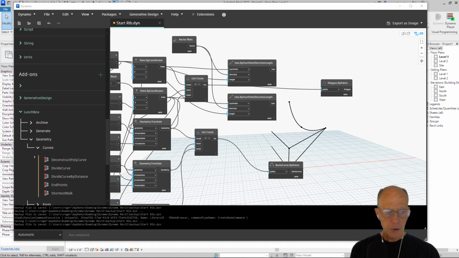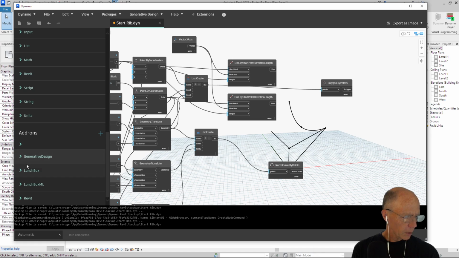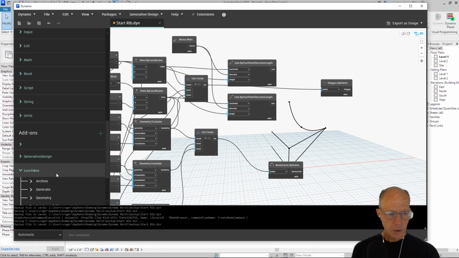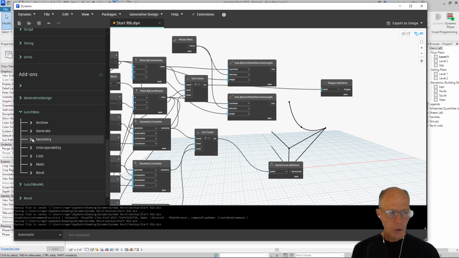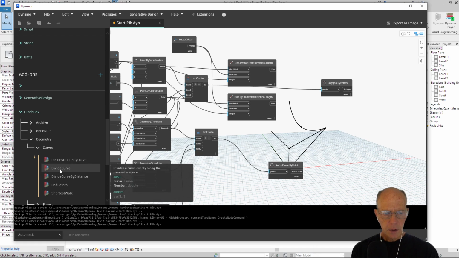Now, once we have Lunchbox installed, we can go to Lunchbox, go down to Geometry, and actually, let me just close this off, and we'll just go back through it and open it up again. So I'm going to go to Lunchbox. I'm going to go to Geometry. I'm going to go to Curves, and then we have Divide Curve that allows us,